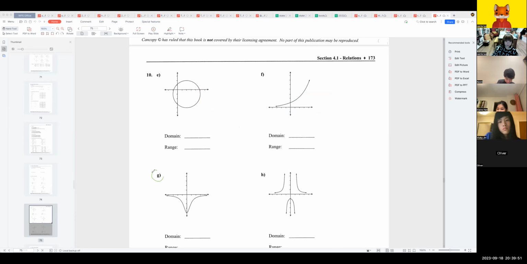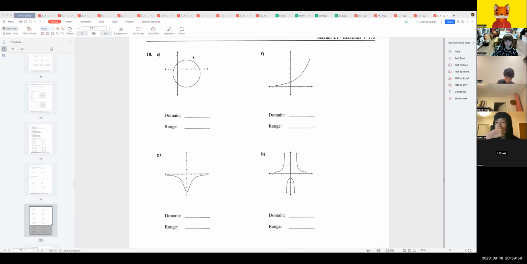Okay, so let's take a look at number G. Okay, Jason, can you tell me what is the domain for G? Infinite. Very good. Domain is infinite. What is range? -4... No, it's -4 to 0. Yeah, very good. -4 to 0. Okay, 是中括号还是小括号？